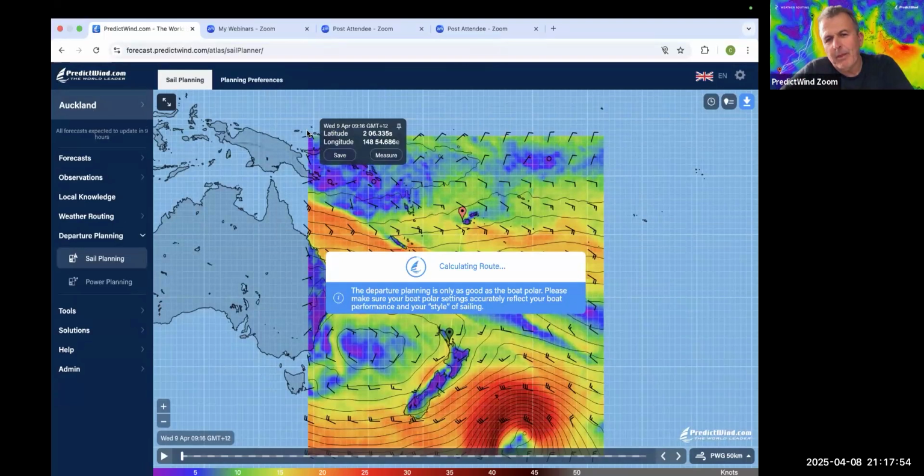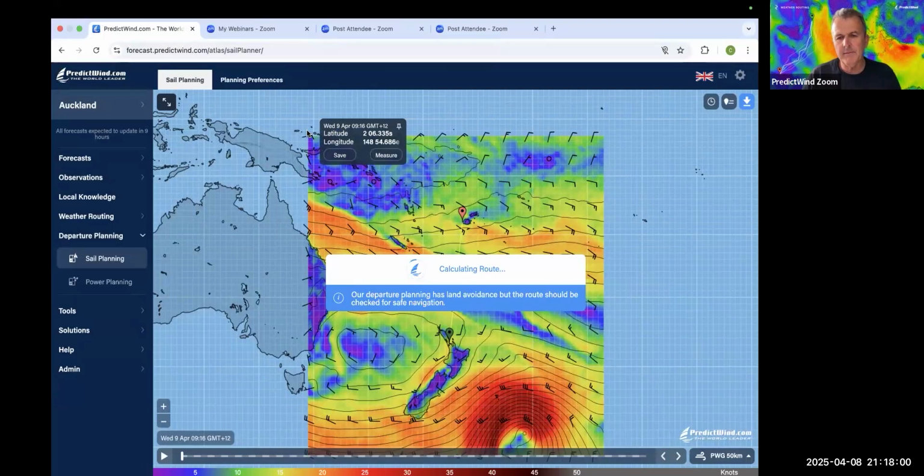So I'll be running the departure planning, and it's a great tool. It's like an executive overview, and it pretty much will establish or not what sort of day to leave. So this is going to be giving me those models I've chosen over those 4 days. It'll give me an executive summary, and you can look at the pretty pictures, or you can get straight into the tables, right? So from here, once it calculates,